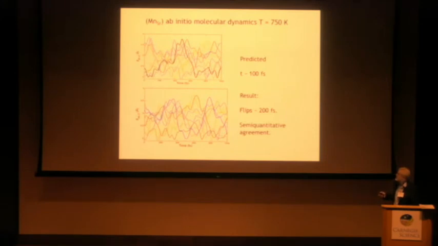I've highlighted in bold one particular oxygen in each case, and you can see that over time it goes from being the closest one to the farthest one away and back to being the closest one, and down here also farthest away, closest, farther away. You can't really just look at it and get a flip time, but it seems to be things happening around 200 femtoseconds compared with the predicted 100 femtoseconds, or the experimental 100 femtoseconds. Given that those were extracted from log-log fits, the discrepancy is not very big. So it's nice to see.